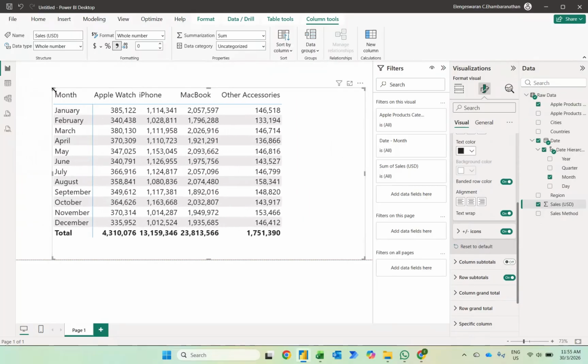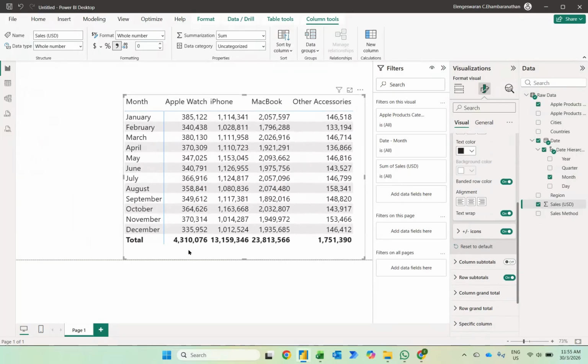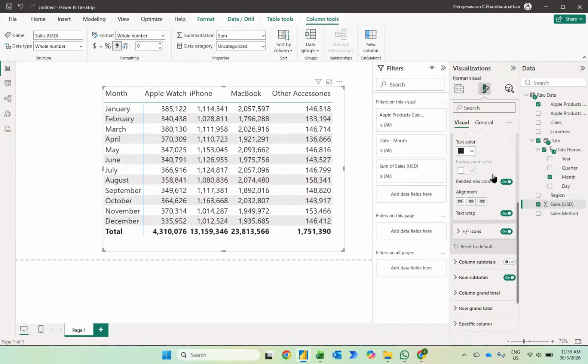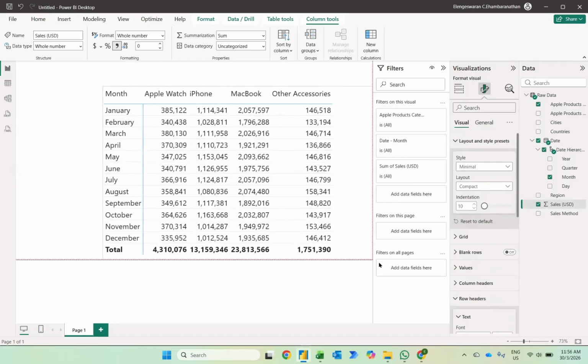Okay, so let me just adjust accordingly so that it looks better. Okay, so now here you go. If you want to change the format, you can go to layout, click on here, and choose minimal, so you can change the format accordingly. Alright, so now what I want to do next is show conditional formatting,